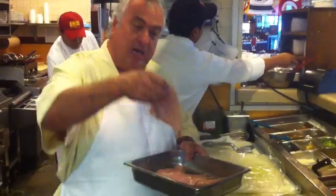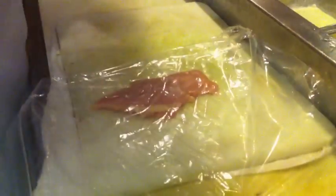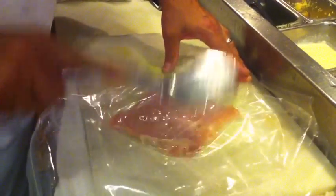So, we have a nice breast of chicken. We want to put our chicken breast between two pieces of plastic, and with a flat mallet, not the tooth mallet, pound our chicken to about 1/4 of an inch thick. Be careful not to tear the chicken. Okay, now that our chicken is about 1/4 of an inch,